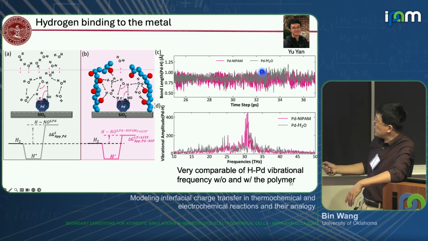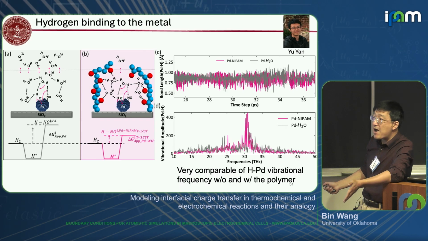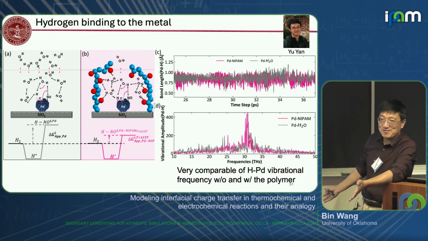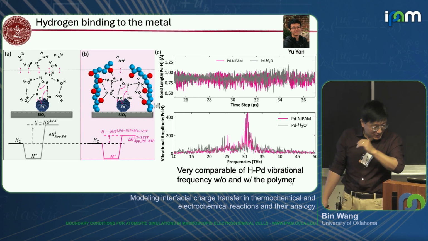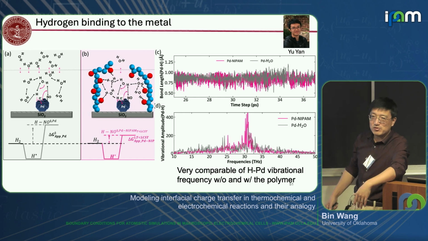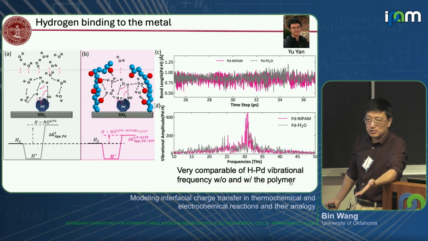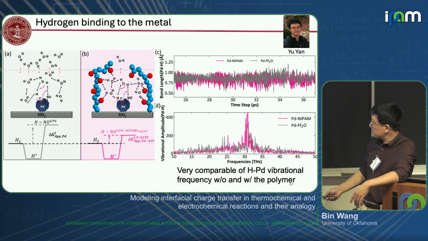And then we can do the Fourier transform of that, so we get the out-of-plane vibration of the hydrogen on palladium. So the vibrational frequency is somewhere around 30 terahertz. And in fact, back in the 70s, 80s, people in the surface science community have already measured that the hydrogen vertical displacement on palladium is about 30 terahertz. So the agreement seems to be pretty good. And also the presence of water and the presence of polymer doesn't really affect my hydrogen absorption, at least from the frequency argument. There's a small shift here, but we are not very sure. That's probably just from the uncertainty in the calculations.